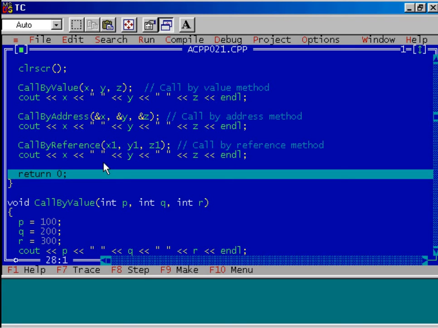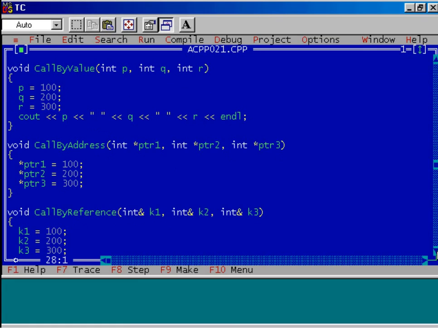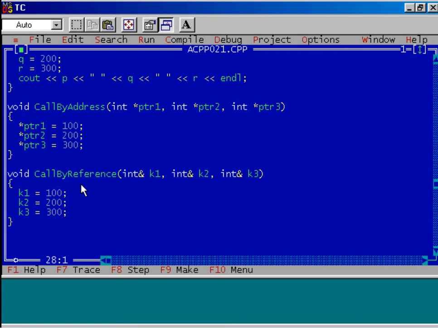Internally they are doing the same job. In fact, automatically the address of the variable is passed to this function. Automatically the pointers are created, and automatically the compiler has taken care of the dereferencing operator too. It is a totally automatic process.